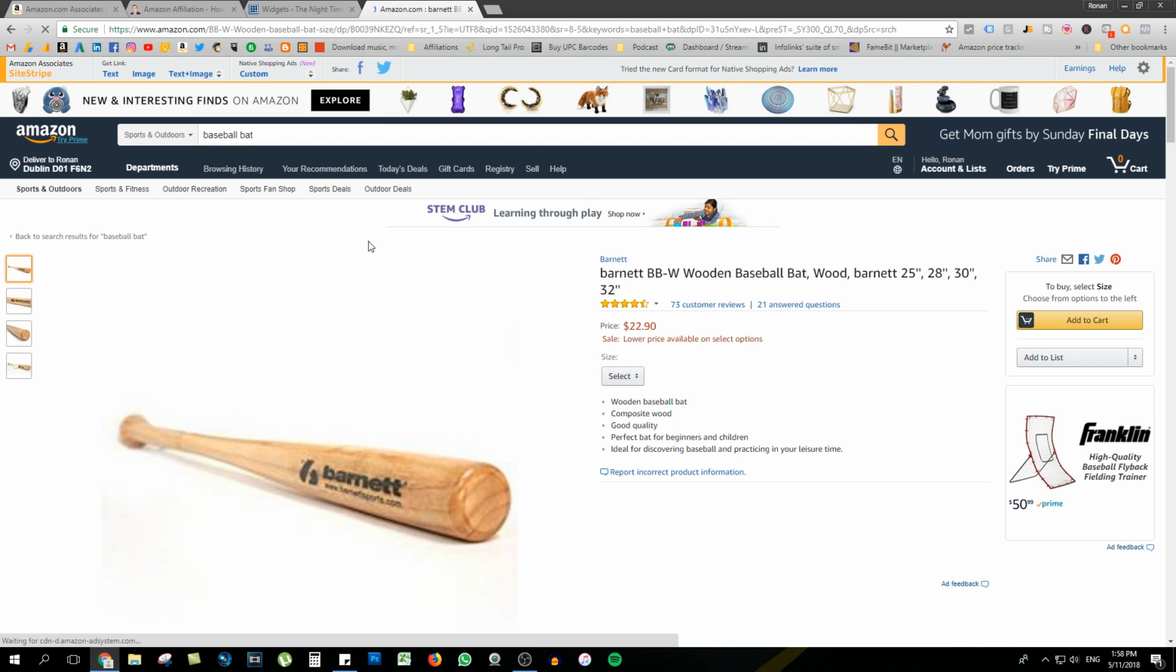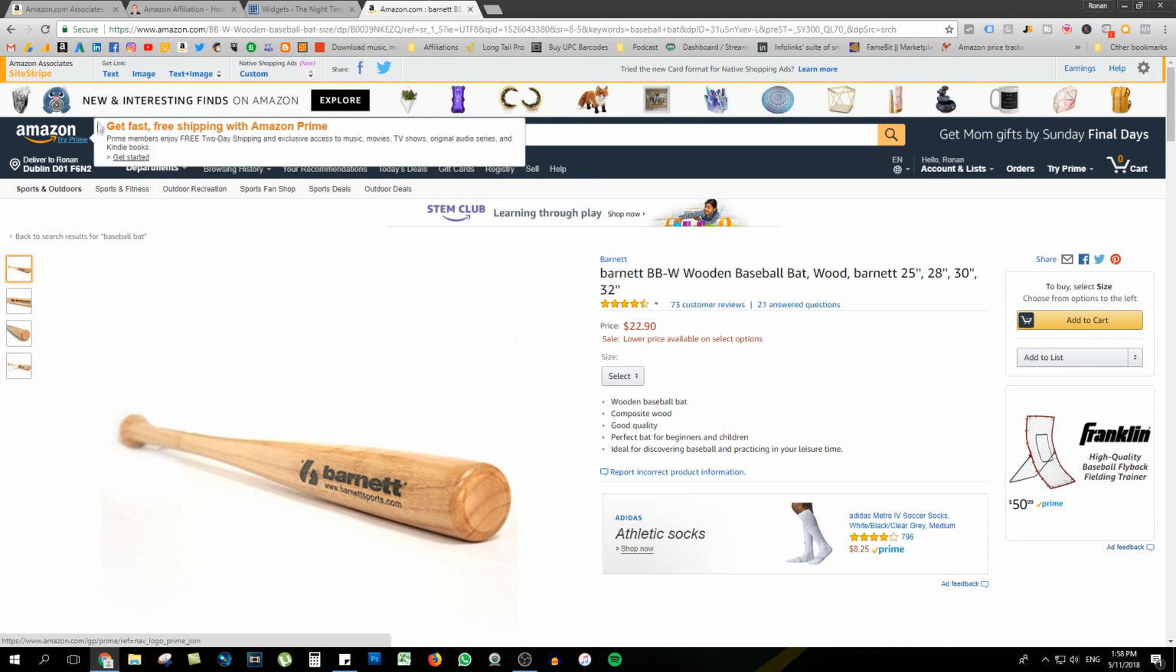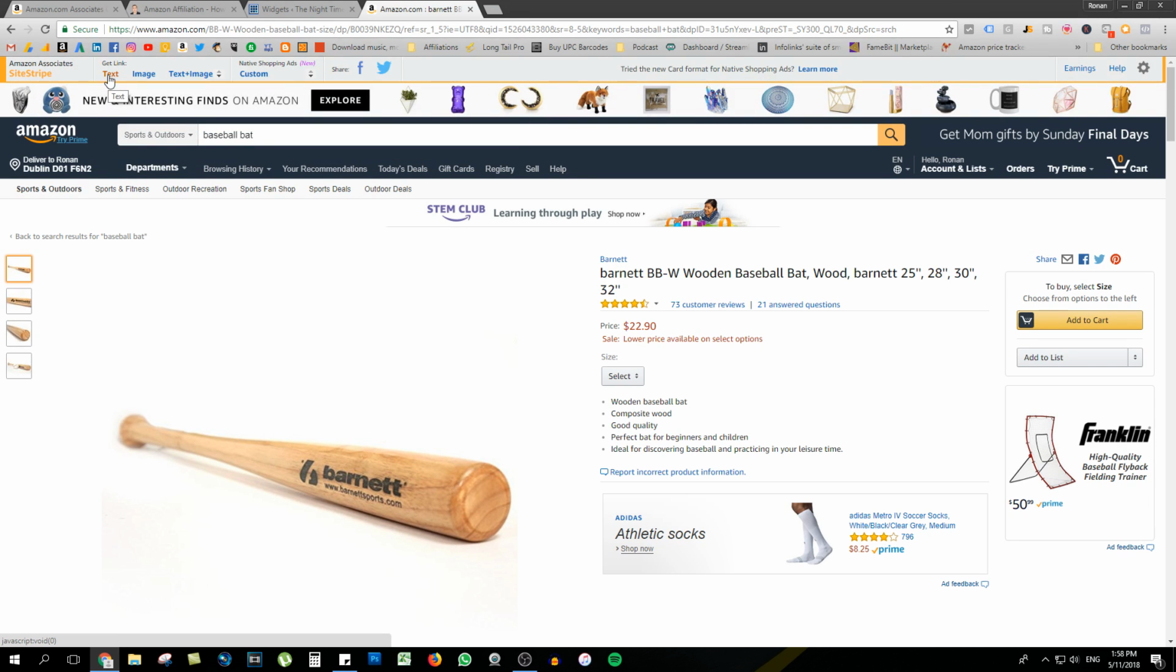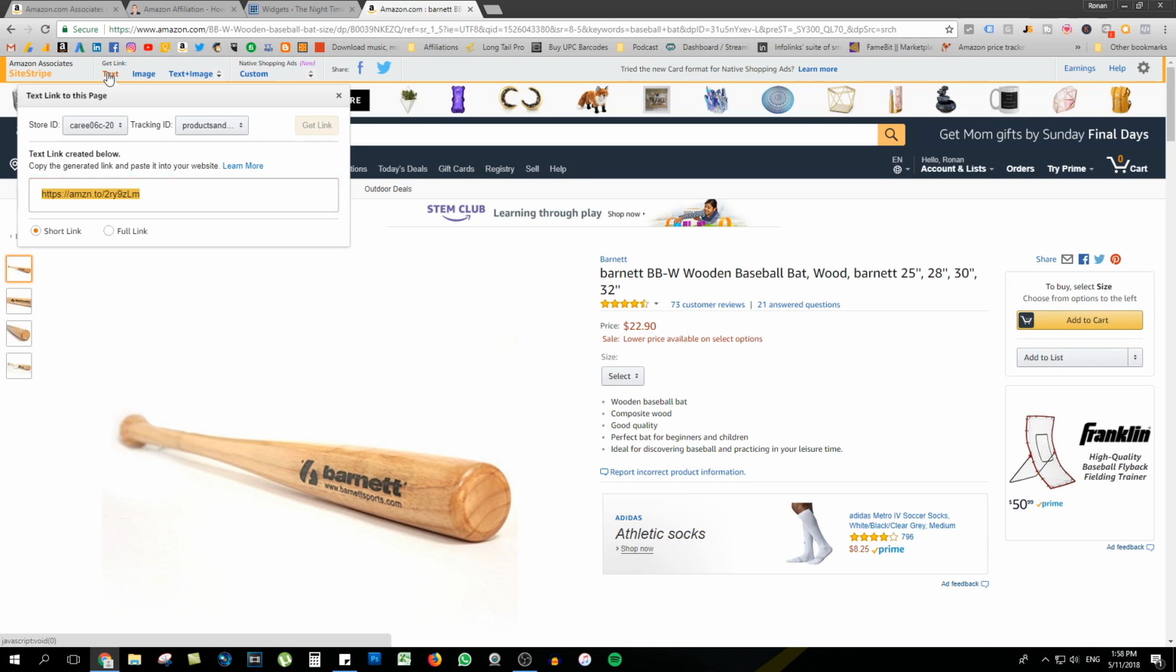And because I'm actually logged into my Amazon Associates account at the same time, you'll see there is an Amazon Associates site stripe right here at the top of the page. So this stripe changes on every single page that you go to, and it gives you an option here to get the text link. You can get an image link, or you can get a text and image. So I'm just going to show you what a text looks like. Just click text, and then you simply have to copy that,